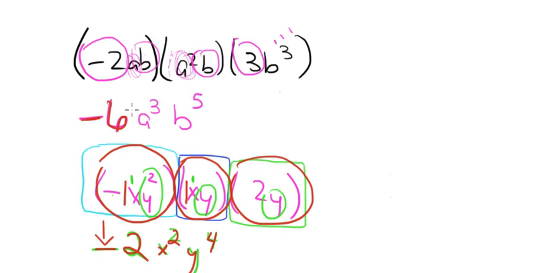And then now I'm just counting my inventory. How many A's do I have and how many B's do I have? There's an A. There's 2 more A's. So that gives me 3 A's. So I'm going to put it down here. I have 3 A's. Then I'm counting my B's. There's 1 B. There's 2 B. I have 3 B's. So I have a total of 5 B's. And that's my answer: -6a^3b^5. Does that make sense? Okay, somebody else had their hand up. Liz? Okay.